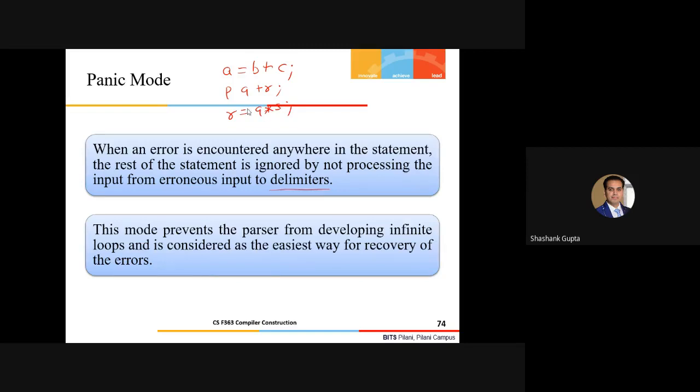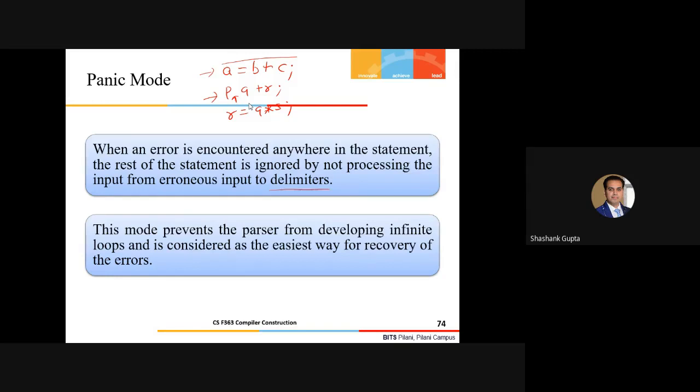As of now, we have taken the conventional rule, so this parser will simply parse the first line successfully. When it comes to the next line, it will say I may be expecting something in between these two, so this is the error here. It will flag an error, and now it has to recover from the error so that it can parse the rest of the input stream.